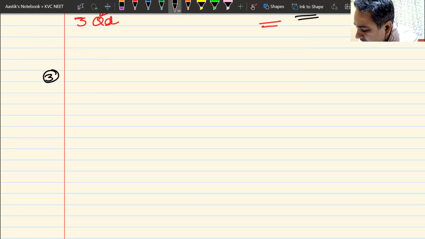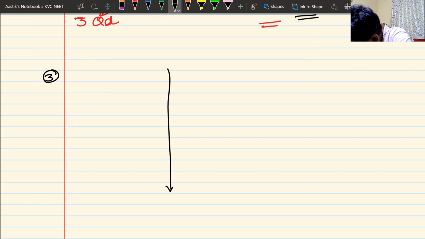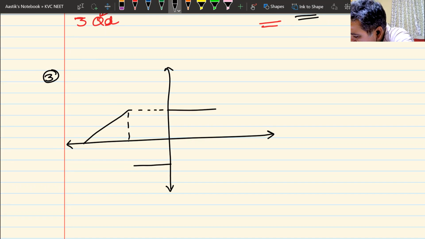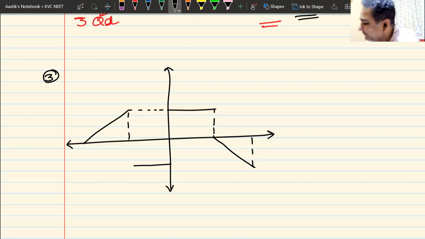This one. Question number 3. I hope you are noting it down as well. How should I vary force? Okay, let me make it enterprising. It goes like this, then like this, then like this, then like this. Okay. This is force along x. This is x. This is negative Fx, obviously. This is negative of x.